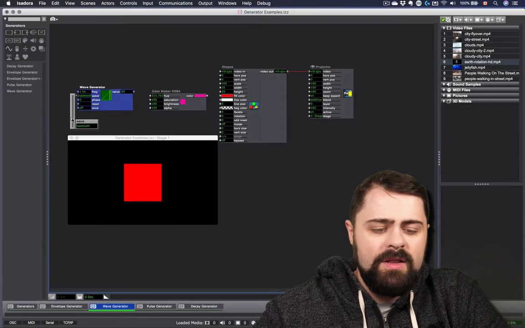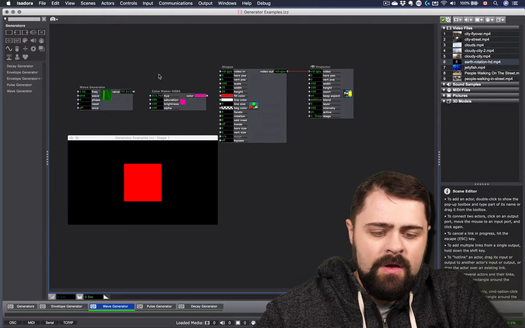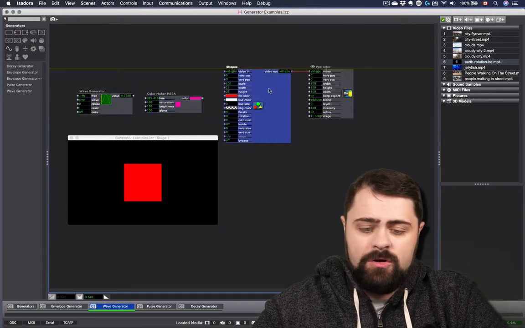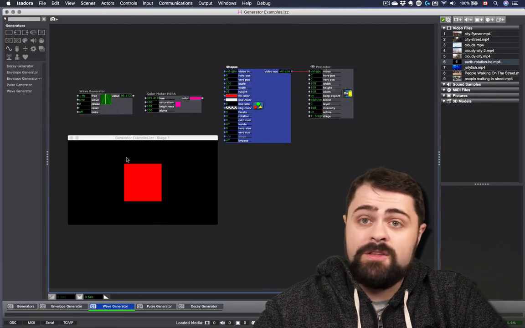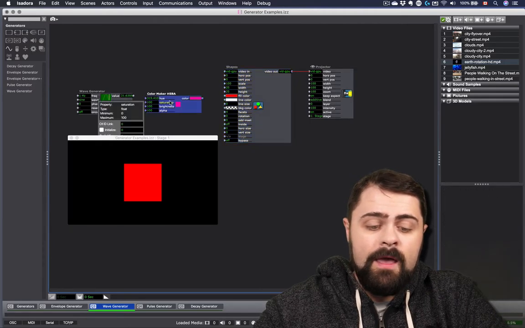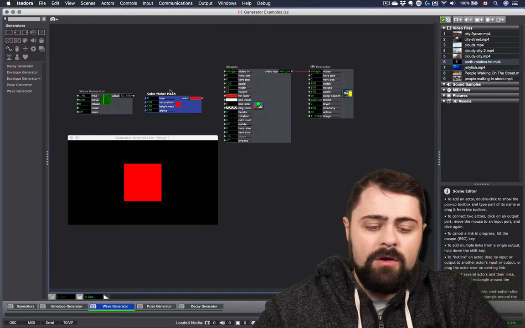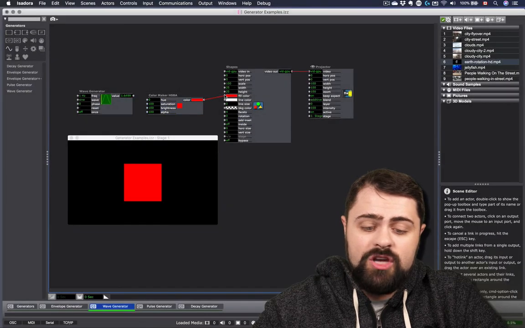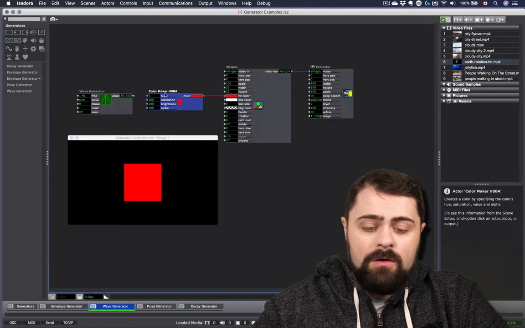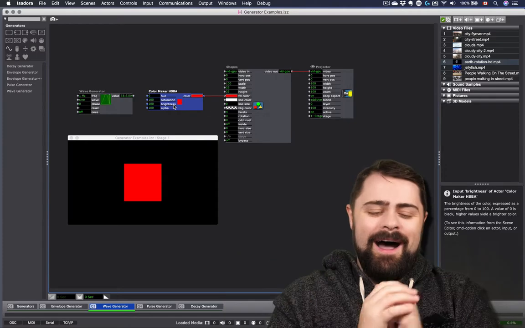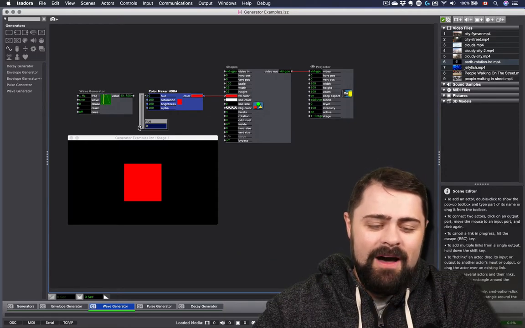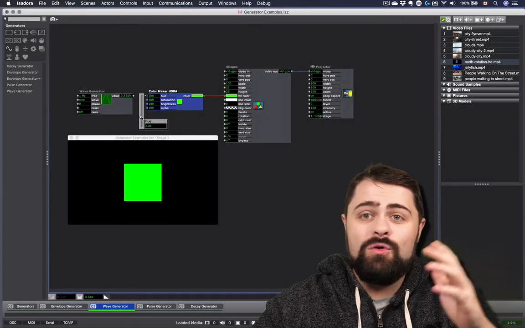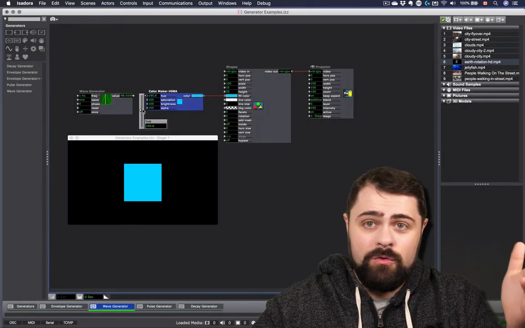So let's see what it does, though, with the sine wave when it's connected all in here. I've put in a shapes actor connected to a projector actor, which is creating the square that we see on screen. And I put in another actor here called the color maker, which I've connected to the fill color of my shapes actor. The color maker makes color. And that is defined by the value of the hue property. You can see as I scroll through it, I'm creating the full spectrum in order through the rainbow.